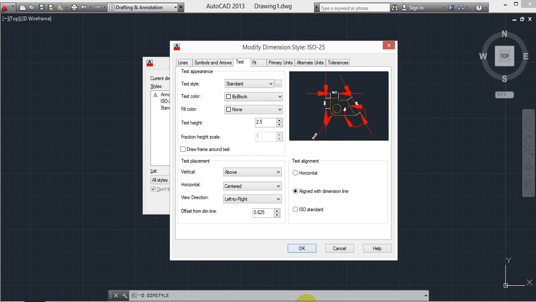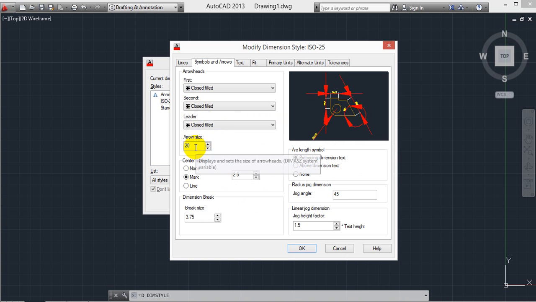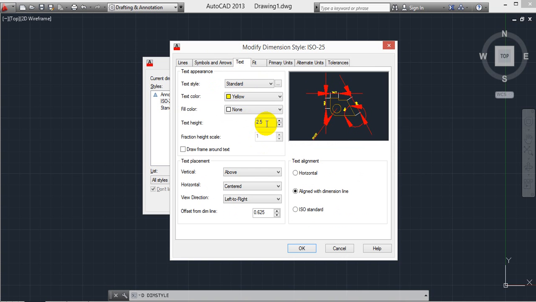In this AutoCAD background screen, white is always the better option. If you want to change it again, then go for text color. Here I'm taking yellow, so don't take any pale colors, because they show very little. And then text height changes. In arrows we have taken arrow size as 20, and in text size I'm taking 40. We can see it visible here.